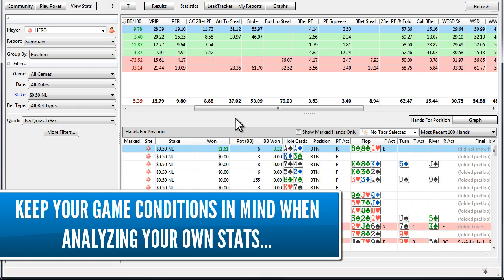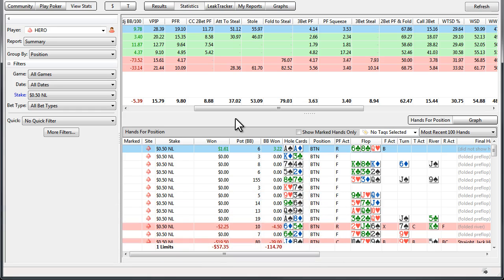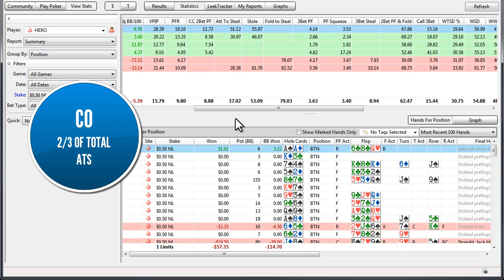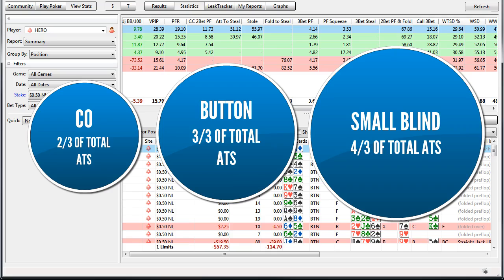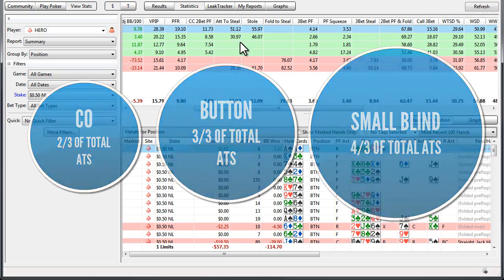A typical breakdown would be, say someone's attempt to steal is 30. Then that means that from the cutoff, it's usually going to be about 2/3 of that, so 20. From the button would be about 1 out of 1, so about 30%. And from the small blind, would be 4/3, so about 40%. So he definitely has a very weird breakdown here in terms